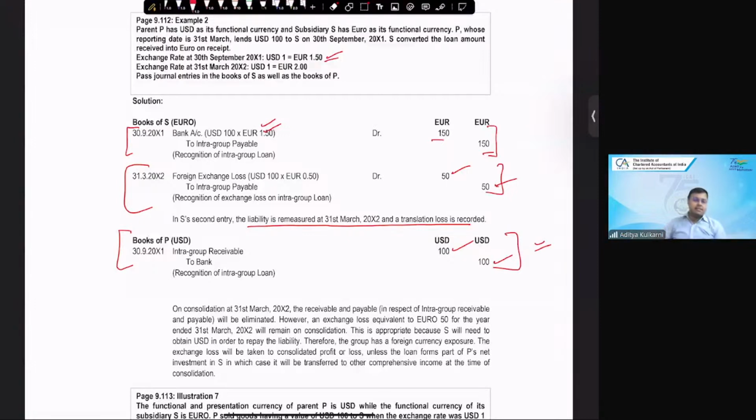Change in exchange rates? Answer is no, because the currency in which the loan has been given is dollars. Able to follow? The currency that it is given in is dollars, and dollars is the functional currency of the parent. So there is no question of doing any restatement or translation, etc. It continues to sit at $100. Now, when I do the consolidation,